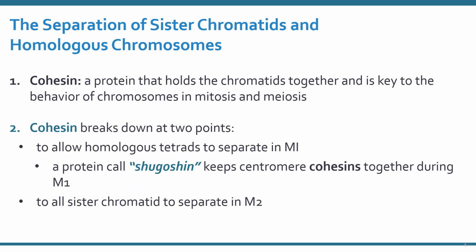Now we're going to shift gears a little bit and talk about what happens when we actually separate our chromosomes. Before I get into all of the details on the slide, I want to point something out, and that is that our textbook and I draw our chromosomes like this, kind of in an X shape, where each side is a sister chromatid. But in reality, they're not just flailing arms all over the place. What actually happens